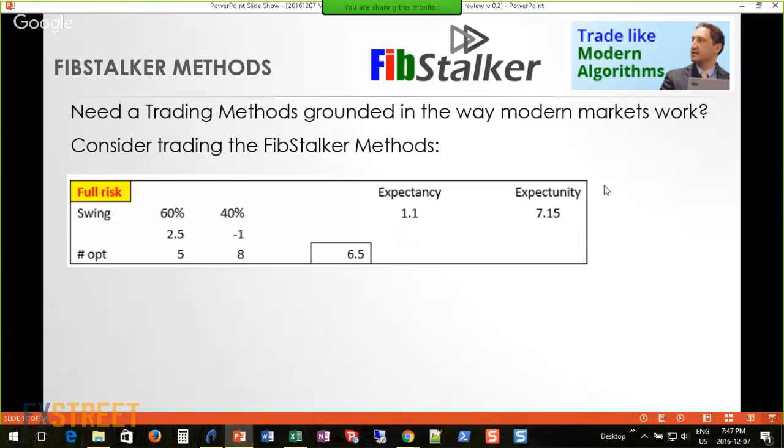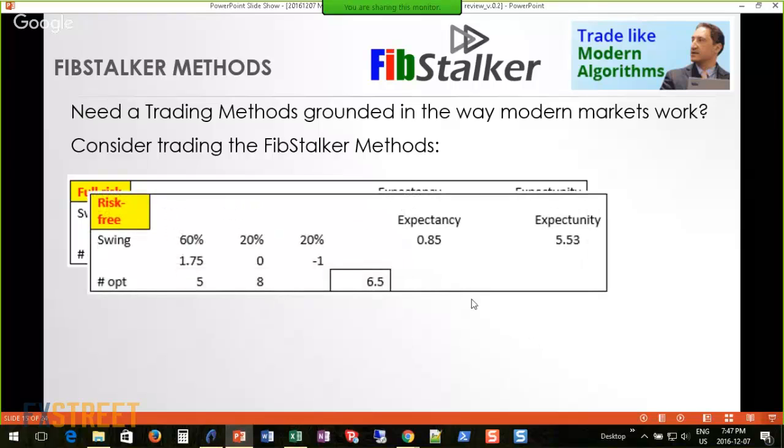Okay, so this is the idea here, and if you need trading methods guiding the way market money works, here are some of the expectancy and expectunity that we get when we take the full risk. The basic swing gives us 60% winners, 40% losers, and they're distributed more or less like this. So we have between 5 to 8 opportunities every month, and typically a winner is 2.5 times the loser. So this gives us an expectancy of 7.15, which in average is very close to that 5 units of risk